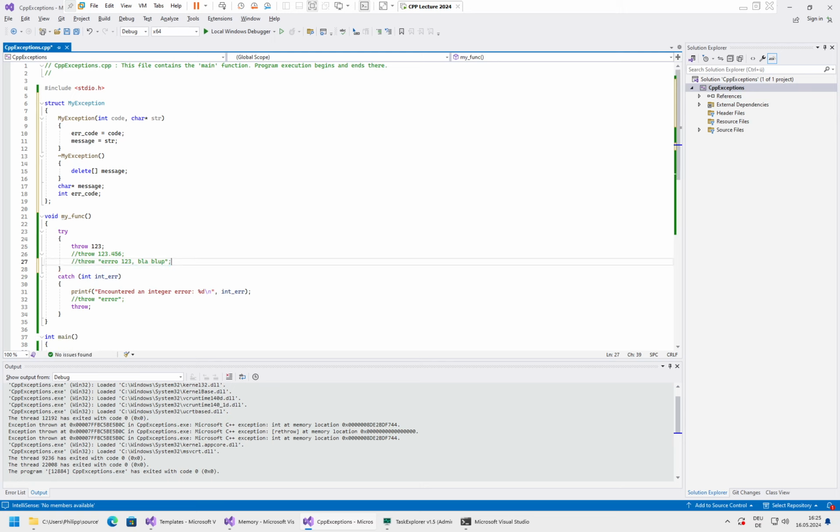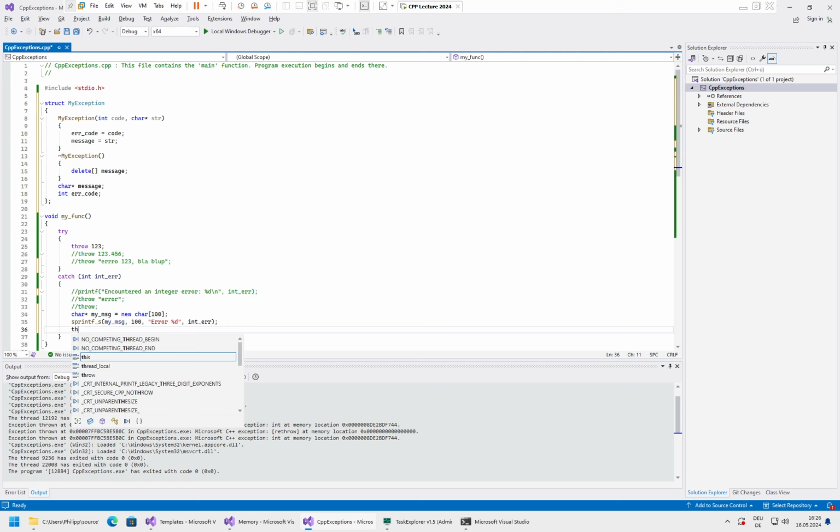Here we will throw the string, the int, and then we'll catch the int, and we will throw a string instead. So let's say error %d, comma int error,